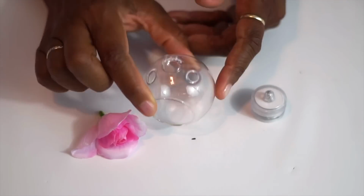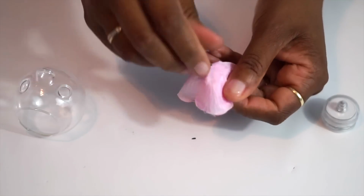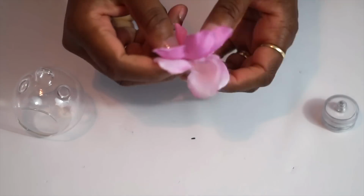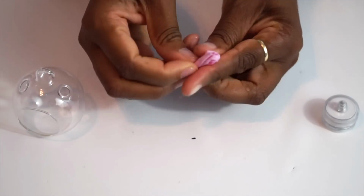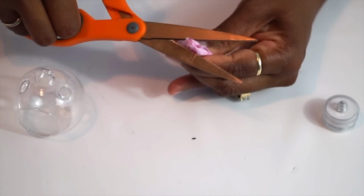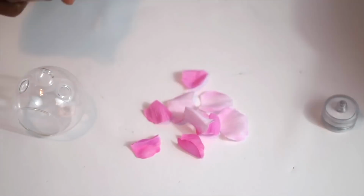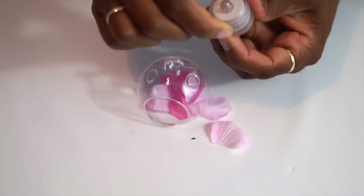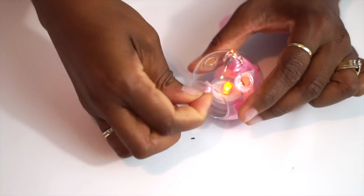So now I'm going to show you how to put that votive together to make it that perfect touch of fairy tale bliss. So I'm just going to take one of my Dollar Tree roses, I'm going to pull it apart, grab about 2 sections of the petals, and then fold them together and cut out the center. Once you do this, it's going to leave you with 8 petals that are the perfect size to put inside your votive candle holder. As we do that, we're going to just load those petals right inside and then add